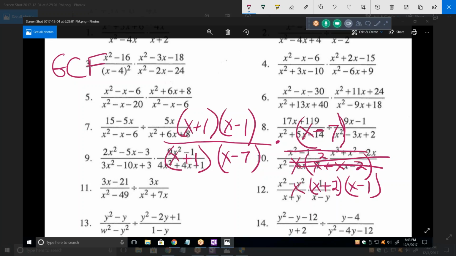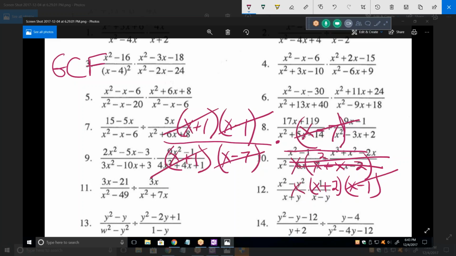So other than being difficult to read now, let's see what we can cancel. There's an x plus 1, there's an x plus 1. There's an x minus 7, there's an x minus 7. There's an x minus 1, there's an x minus 1. What are we left with? Just x times x plus 2 goes in the numerator. Oh, just 1 over x plus